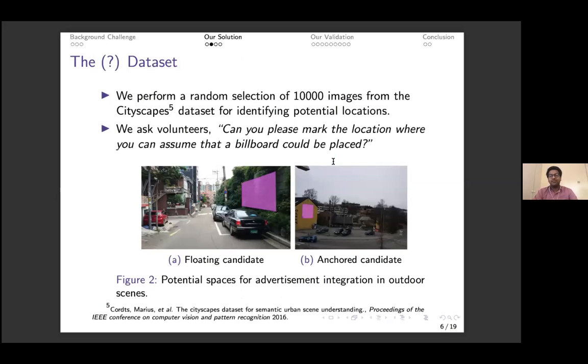In order to have that particular deep network, as you know, we need a data set where we can train our model and identify whether our deep network is going to work well. In reality, in the literature, there is no particular data set that talks about an image and an identifiable place where we can add an advertisement. So as researchers, what we have done is that we have taken a regular data set called the Cityscapes dataset. I think most of you are familiar with that. This is a data set consisting of outdoor scenes. We collected 10,000 images randomly from the Cityscapes dataset,